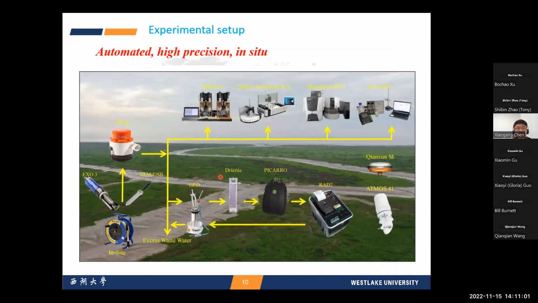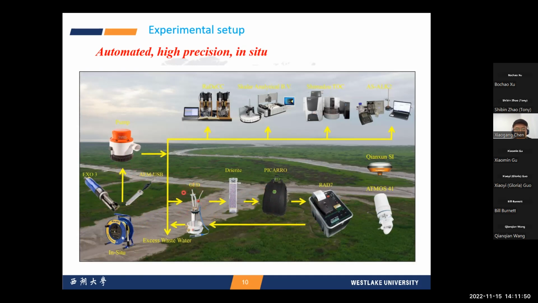So this is the experimental setup for the coastal wetland. For the surface water, we installed some sensors, such as the XO3, AZM, USB, and also Hydrolab and current meters, to measure the temperature, salinity, dissolved oxygen, pH, and also the water depth and the current speed. And to analyze the greenhouse gases such as CO2 and CH4, and also radon, the surface water was pumped into a gas calibration